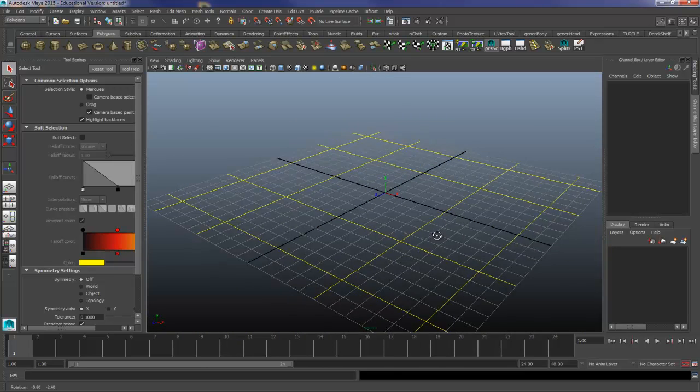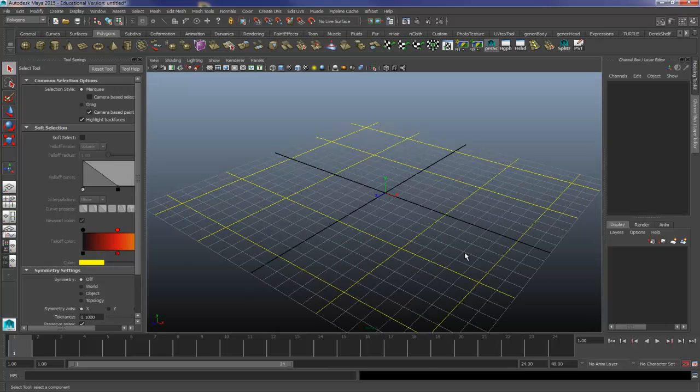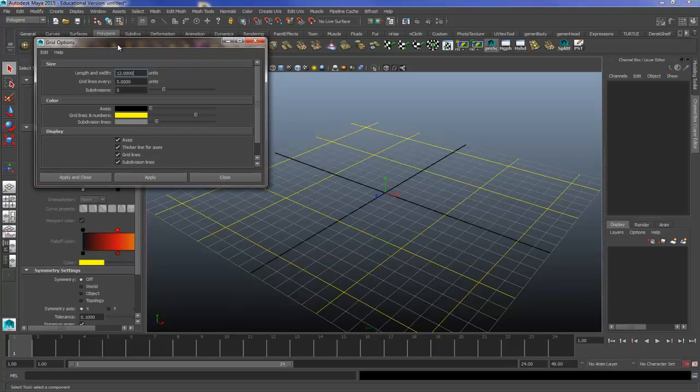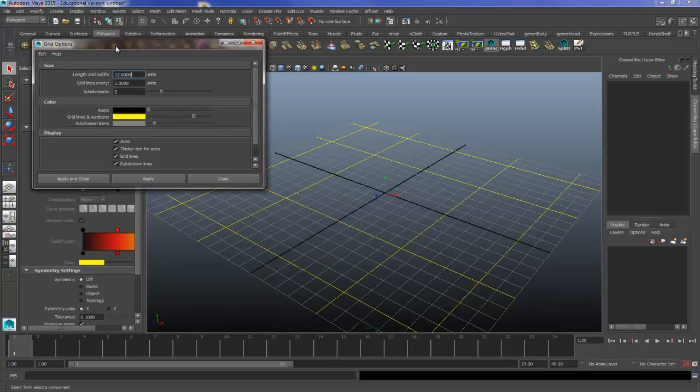Okay. One other thing we can do is we can go up to Display and go to Grid and go to this little box. This box represents what's called the Options box, and the Options box gives us the settings for that particular tool that we're trying to use. So if I click on that, we can go in and we can see our options for the grid. Now yours may or may not look like this. I changed some